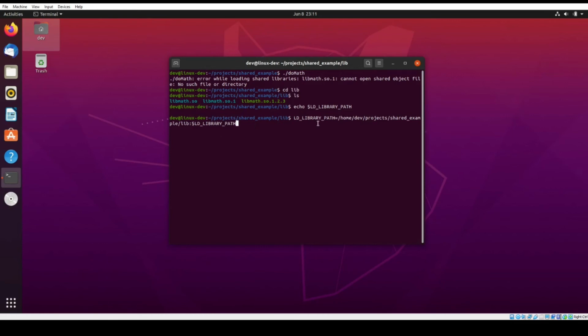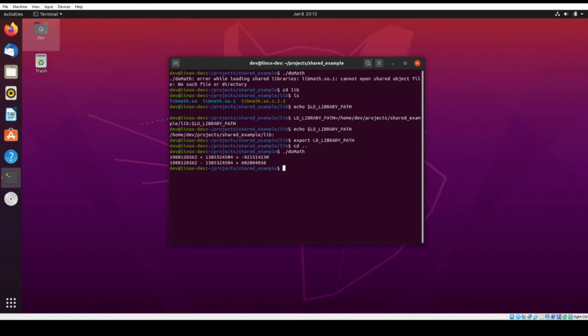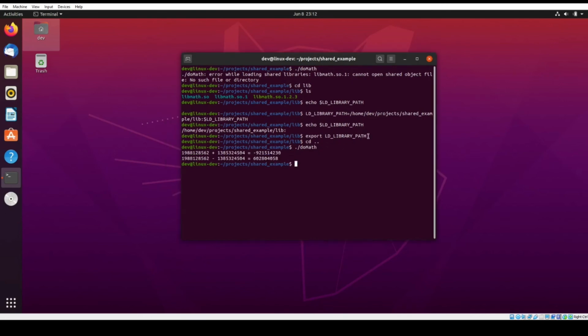So another thing we have to do is, when we do this, we'll see that it has this path on here that we want. Okay, but the problem is if we call the program, this environment variable does not get passed to the next process that starts from the shell unless we export it. So all we have to do is call export, and then LD_LIBRARY_PATH. Okay, so now it's exported. When we export an environment variable, it makes it available to any child processes that the shell calls. Okay, so now we should be able to run,